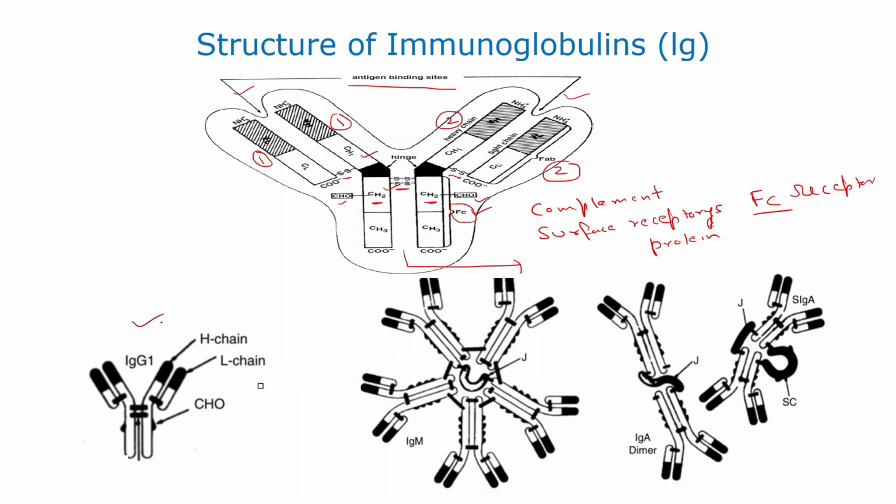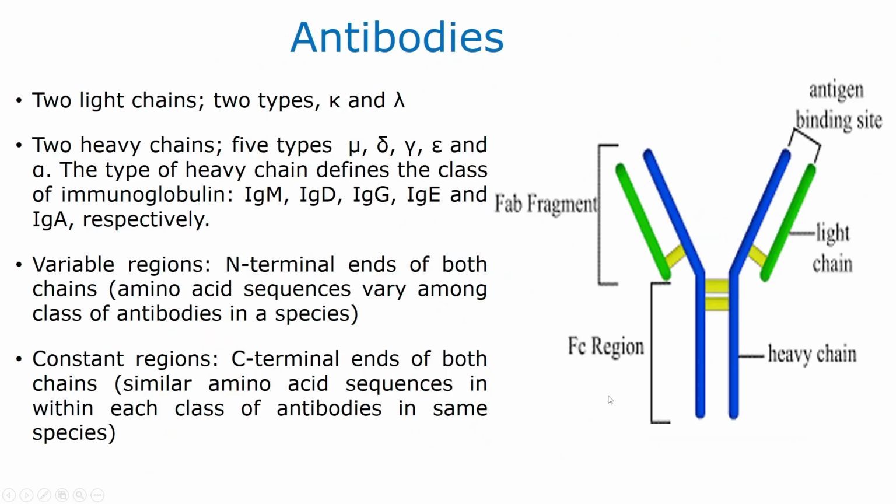So here it is IgG, having four chains, two heavy chains and two light chains, whereas in the case of IgM there are five subunits. And for IgA, two molecules of IgA are joined by the J component, and sometimes also we have the secretory component. The J component is around 20 kilodalton, and the secretory component is of around